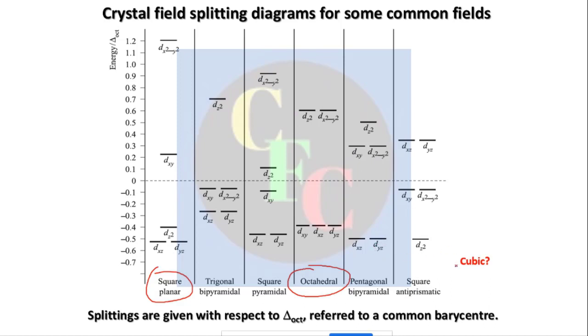Now, can you guess what the cubic will be? This I gave you as homework. Try to find out the cubic crystal field, and also write down the levels, whether it is T2g or Eg and so on. So write down these levels also. So this was our homework, to find out the cubic crystal field.